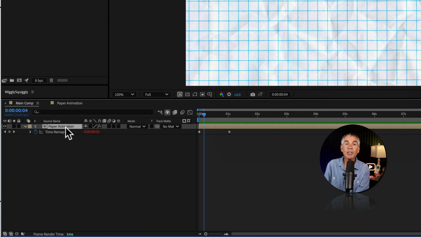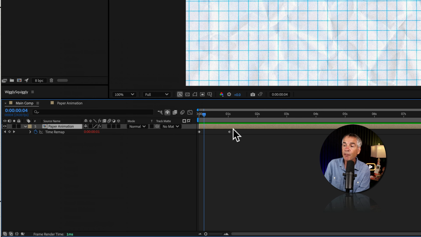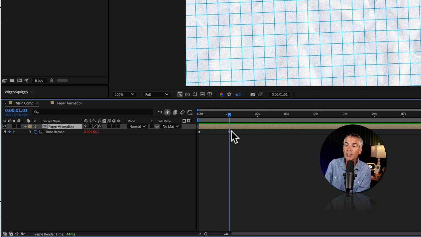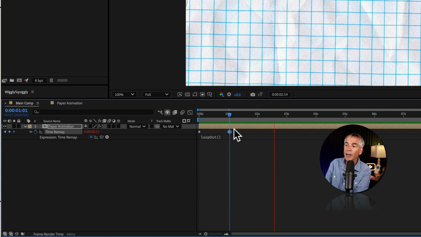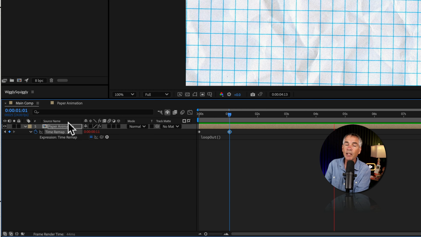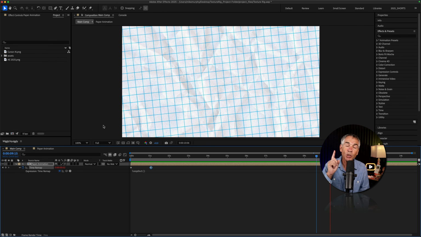I bring in that composition. In order to extend it, you have to right click, go to Time, Enable Time Remapping. That puts 2 keyframes. Then you have to do a little razzle dazzle with a second keyframe. Then you add the loop out expression in order to loop it over and over again. But now you can control the speed, and you can add things like posterizeTime to really give it that kind of herky-jerky. This workflow isn't terrible when you're just doing one, but what if you have 5 textures or 10